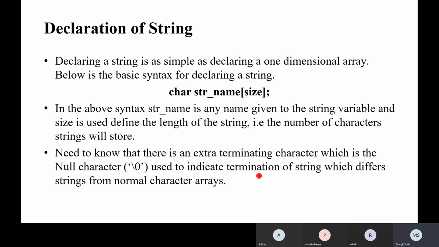You need to know that there is an extra terminating character, which is the null character \0, used to indicate termination of a string, which differentiates strings from a normal character array.